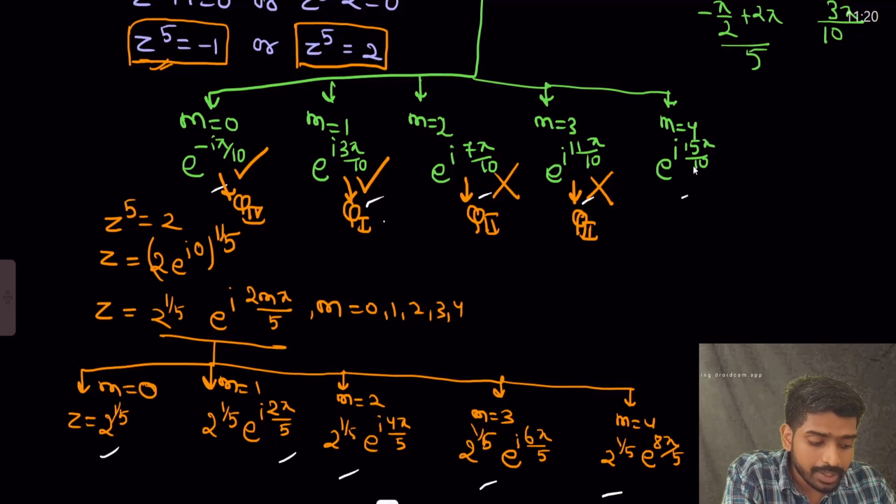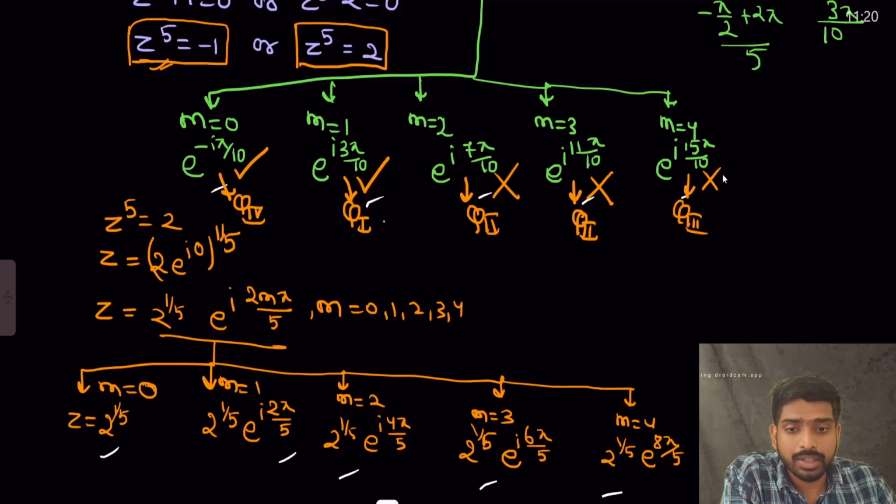This one, 15 pi by 10. 15 pi by 10 is around 270 degrees, right? Cos 270 degrees is negative. So here also, this is in the third quadrant. Here also my real part will be negative. Now next, in this we'll see